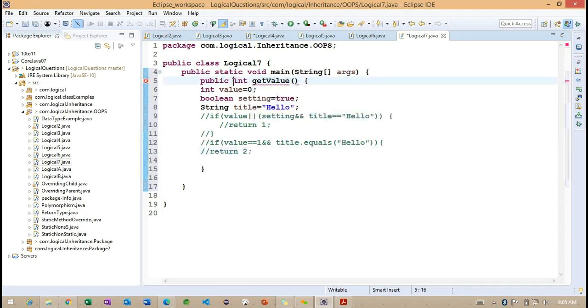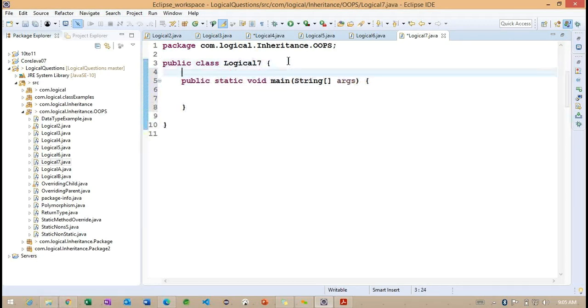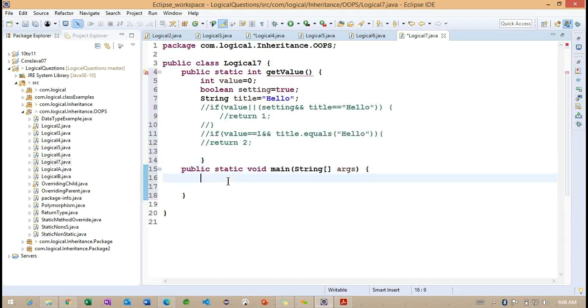Just think: if I call the static method, we have a method like this, and I'm going to call getValue.